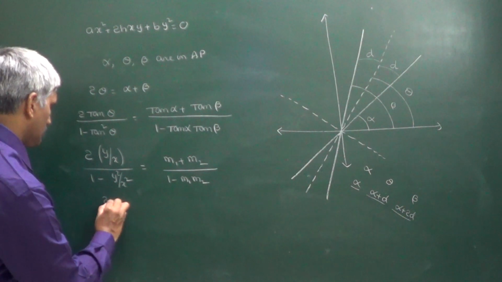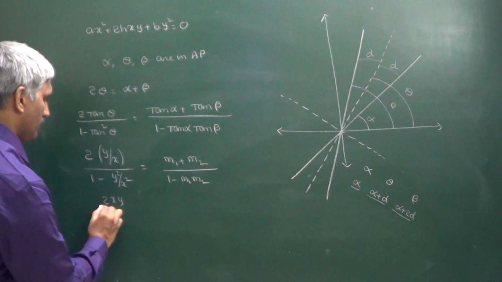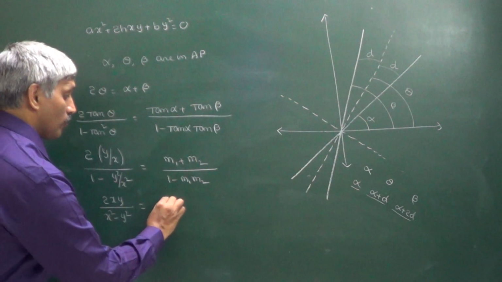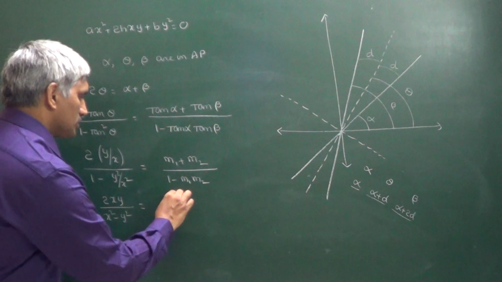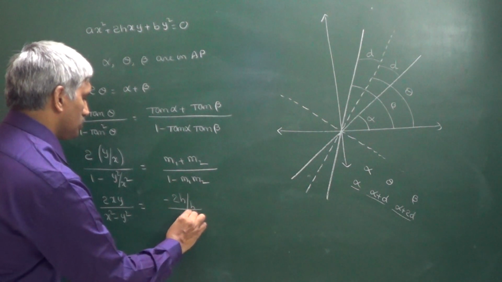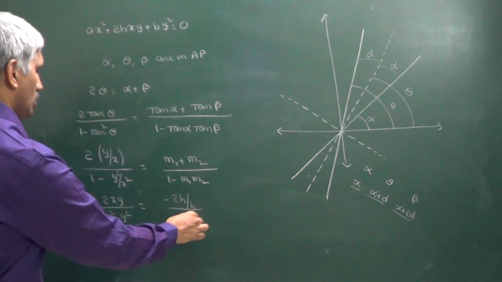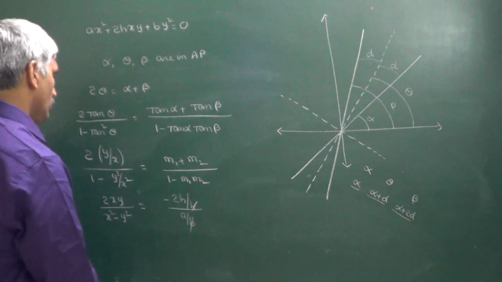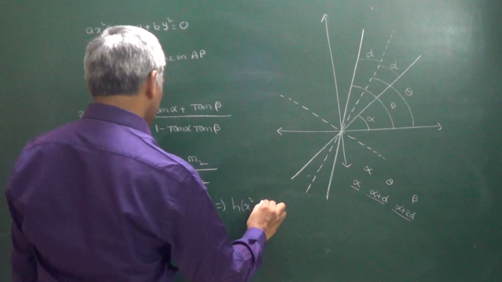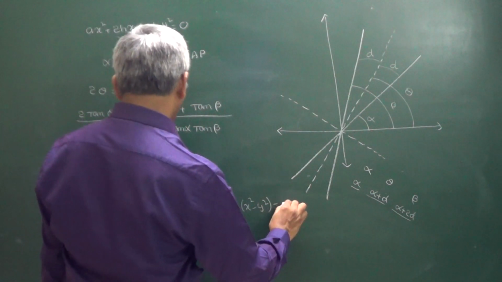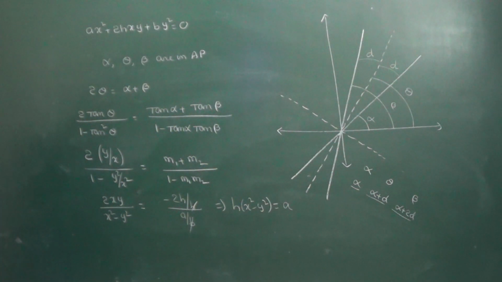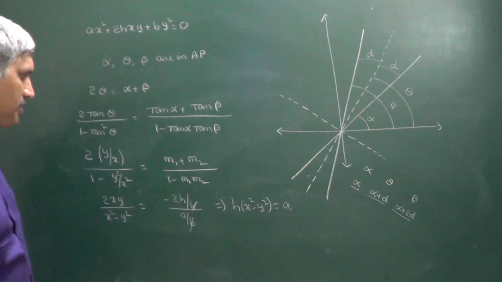Now we can write this as 2 times xy divided by x square minus y square is equal to m1 plus m2. What about the sum of the slopes? The sum of the slopes is equal to 2h by b, and the product of the slopes is equal to a by b. Now here b cancels, and you will get h into x square minus y square is equal to a minus b into, right? Just a minute, we can write this as